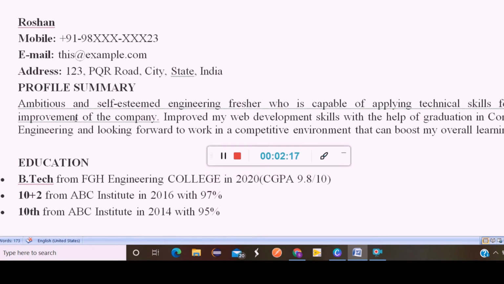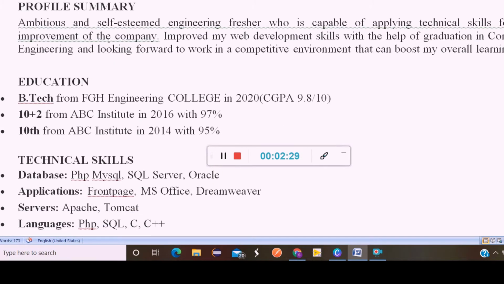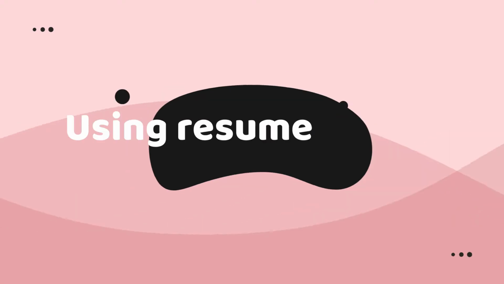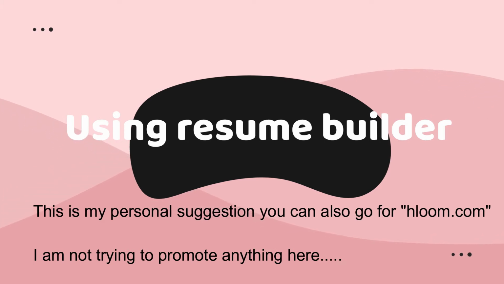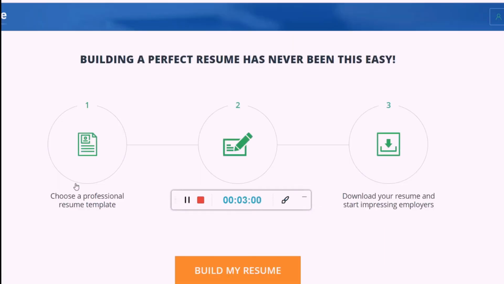No matter how much effort we put into building our resume, we always end up being confused. So in order to eradicate all that confusion, you can check and monitor your resume using the resume builder. This resume builder is like your mentor who will guide you on your mistakes. You don't actually need somebody to help you with your resume building. The reason I suggest this resume builder is that when we build our resume alone, we are super confused and don't understand whether what we are doing is correct or not.